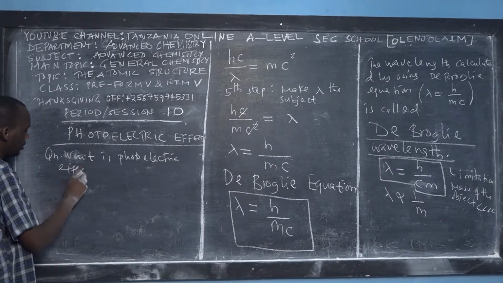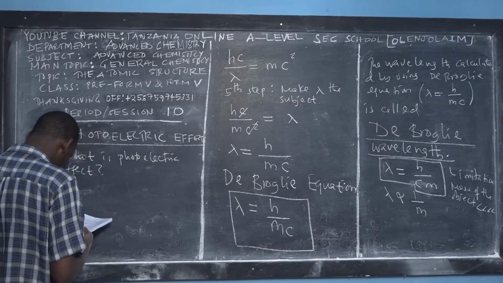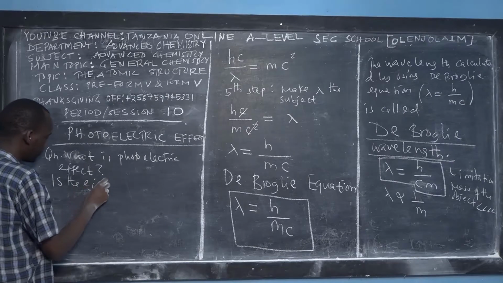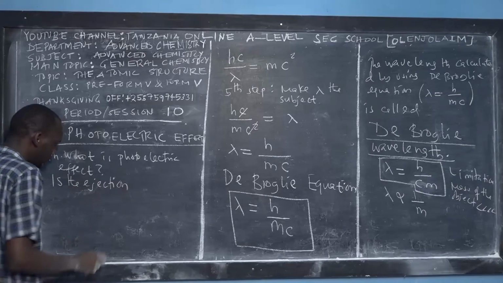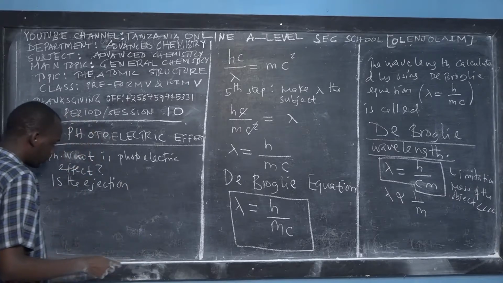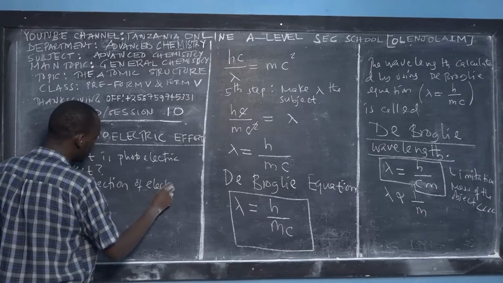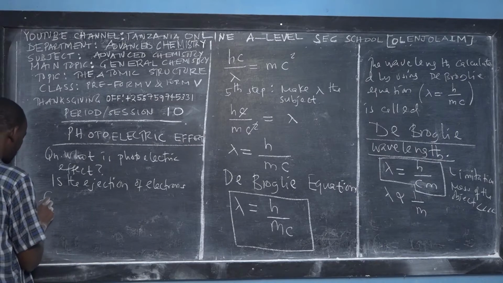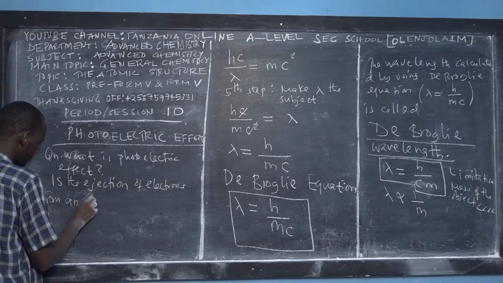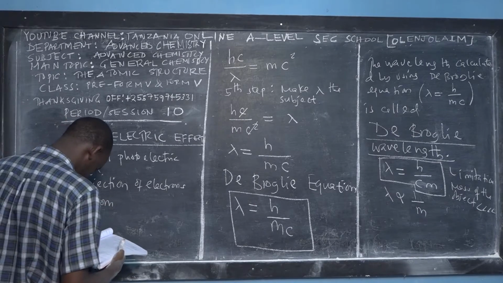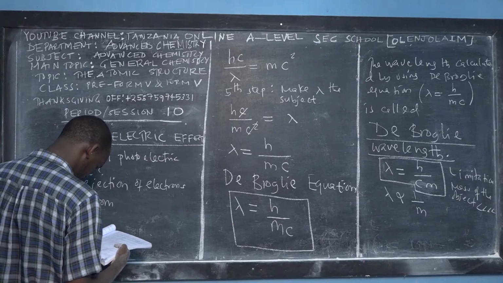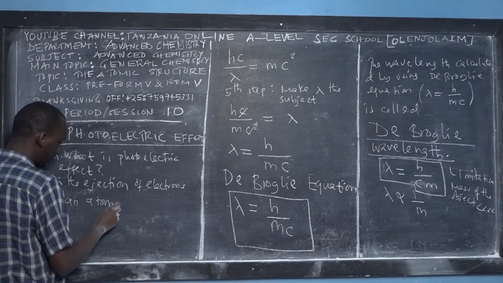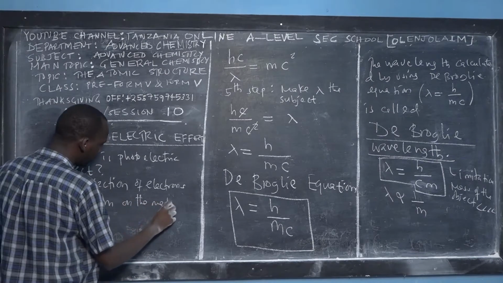Photoelectric effect? That's the question we have in play. So photoelectric effect, we say that it is the ejection of electrons from an atom on the metal surface